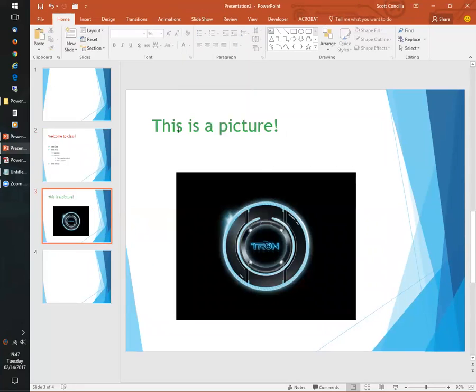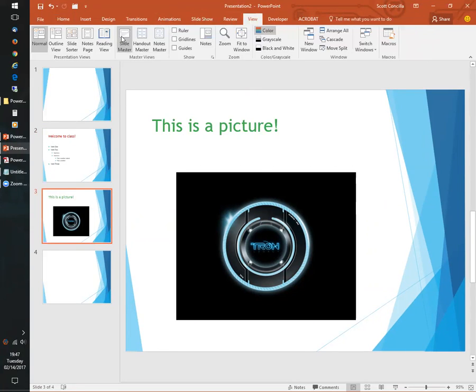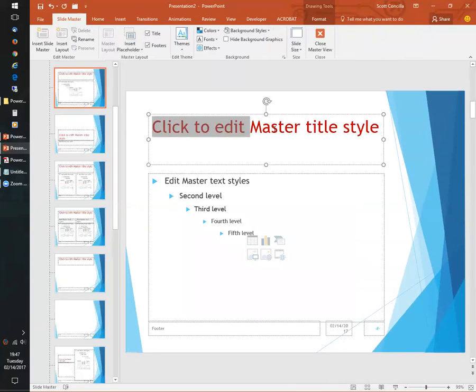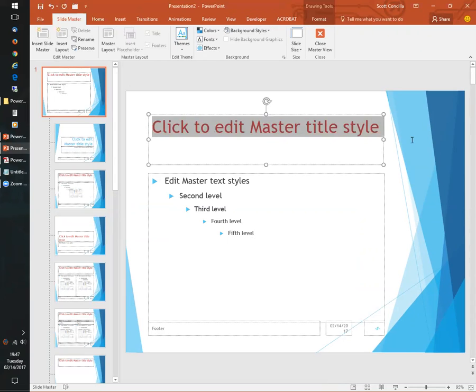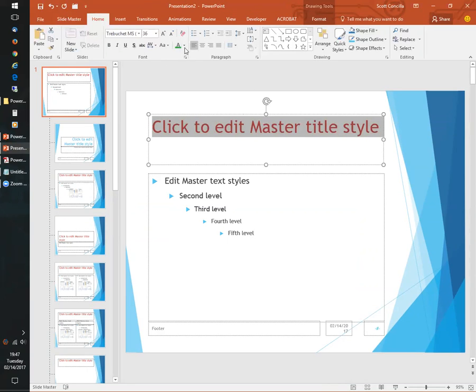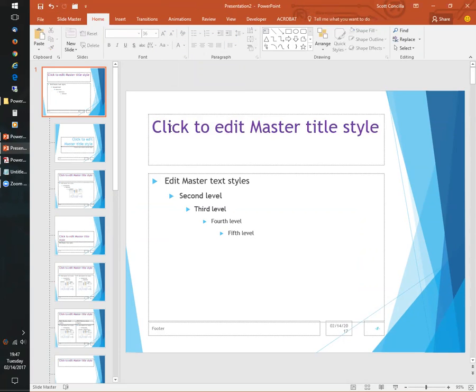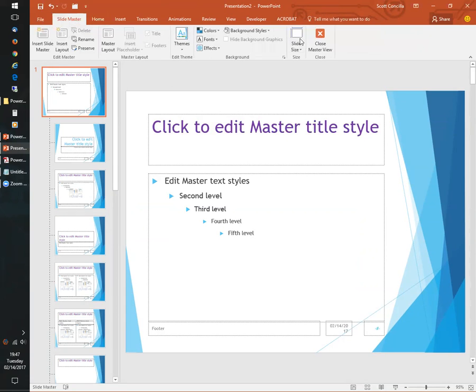If you've already manually changed something and then you go to the slide master and change, so let's change this from, top slide. Let's highlight that. Let's go with purple. Okay. All right. Now, I've changed it on the master to purple, but watch this.